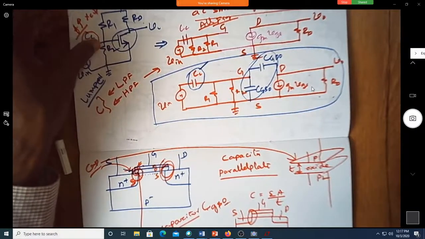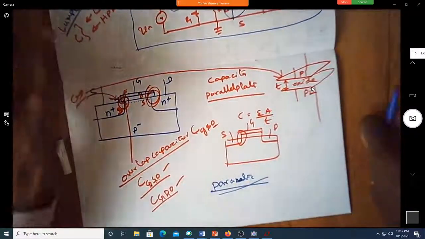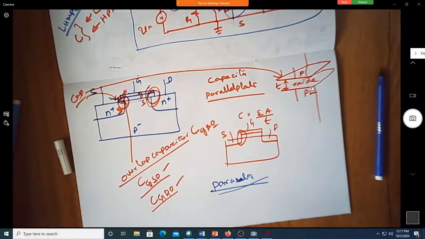Parasitic capacitors. Now, how many of you have gone through the videos? I think all of you have gone through the videos. I just mentioned a few videos, no? Yes, sir. Who is with me? Kusuma. Yes, sir. Okay, did you go through the videos? No, sir. Why? It was said to go through that.